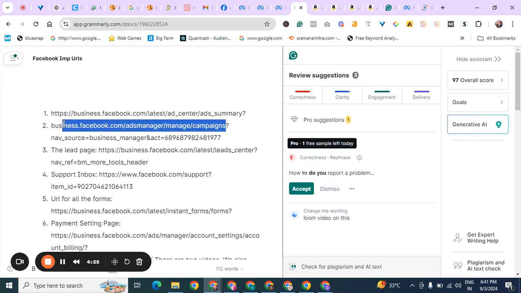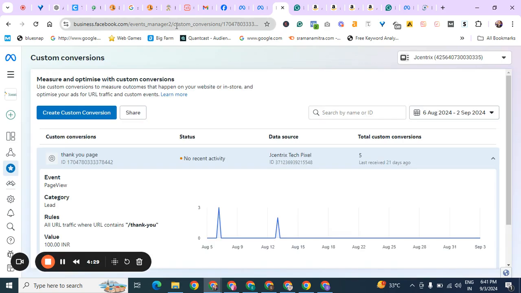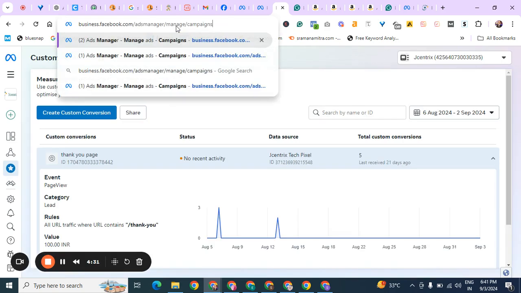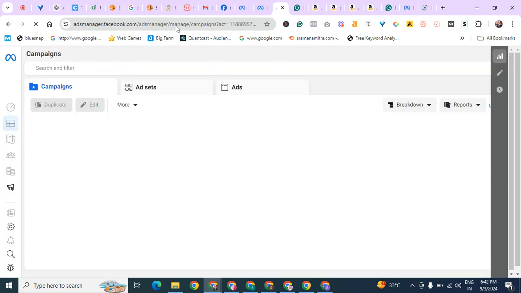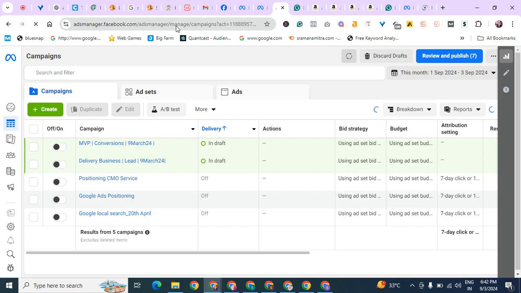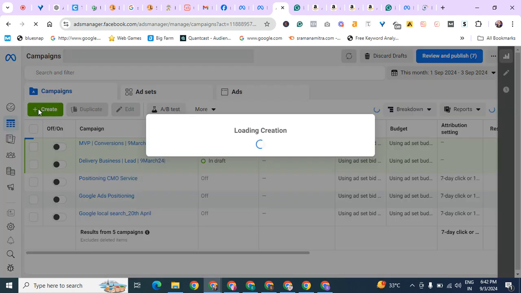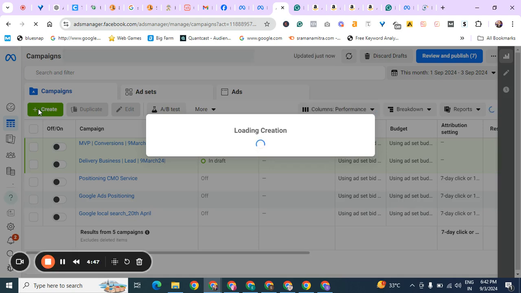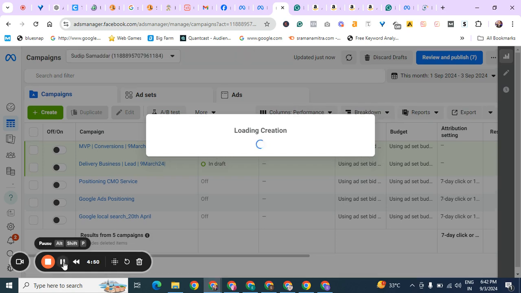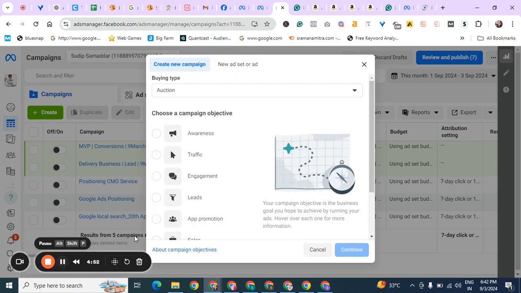I go and create a campaign now. So if I create a campaign now, utilizing this custom conversion, so now we will choose